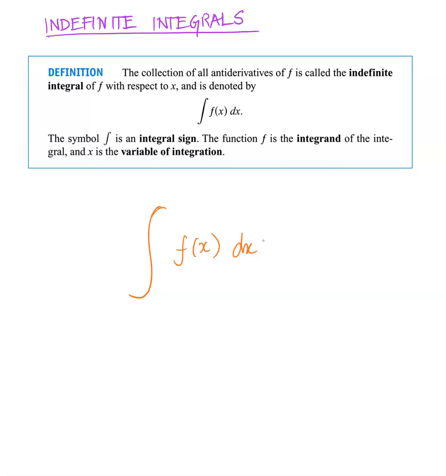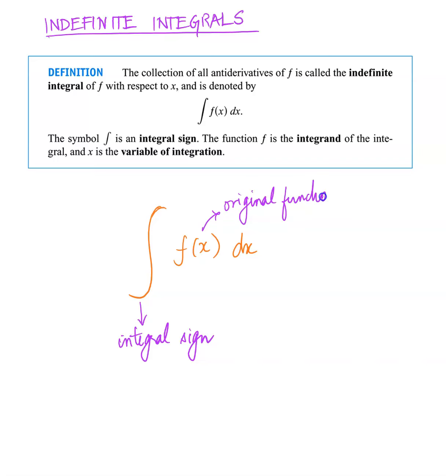So we have here f of x, which we've always seen as a regular function. And we took f of x and found its derivative, and we used the f prime notation. Now here we can take that same f of x and throw in the integral sign, and that means we are asked to find the antiderivative. So that is why I like this notation. This is called the integral sign. So you simply read it as integral, and then f of x, this will be the original function,